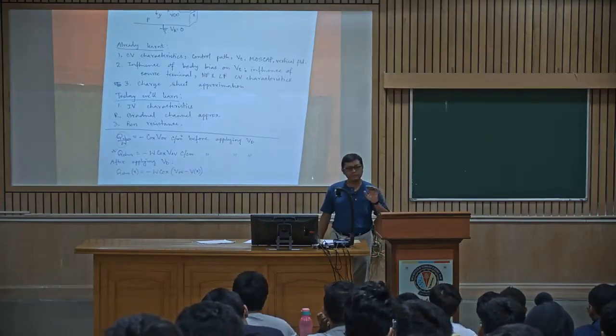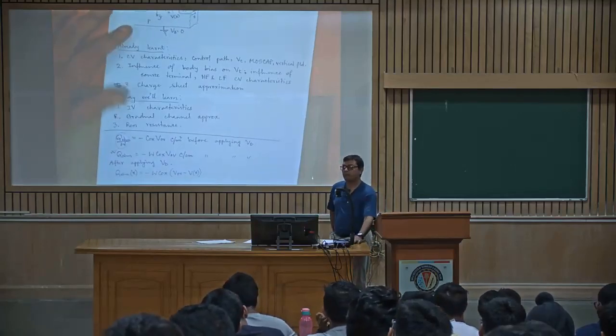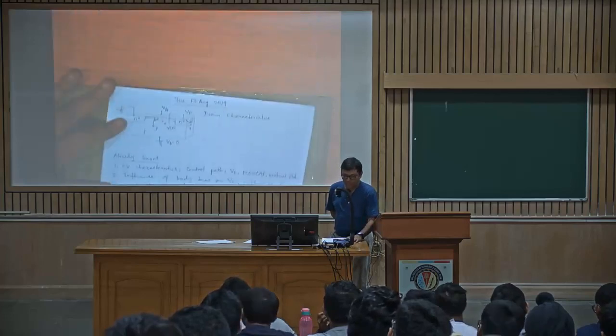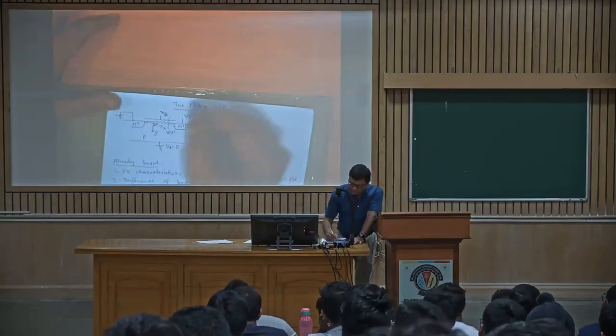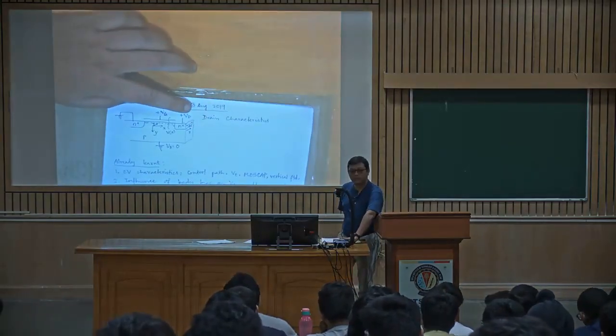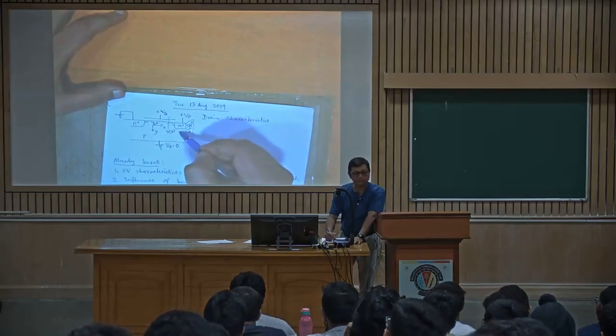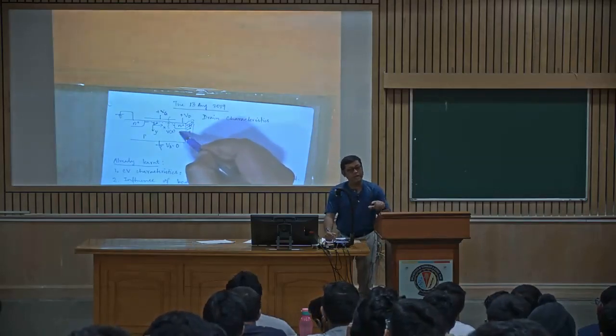We are sure that VOV is going to change, but why minus? The conception is that you are applying plus VD here, correct? If you are applying plus VD, that means you are actually reverse biasing the N plus and P junction, right? The same thing as we had seen.